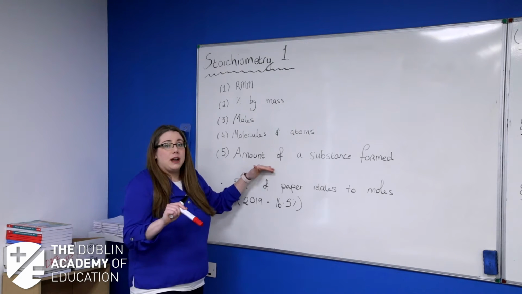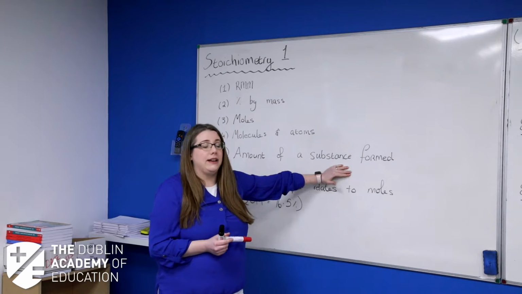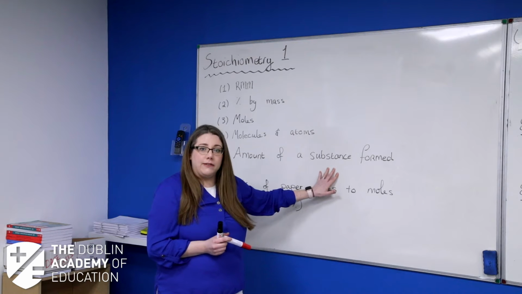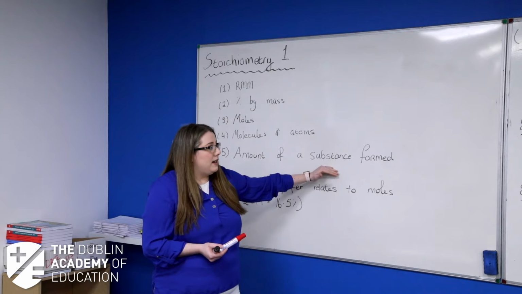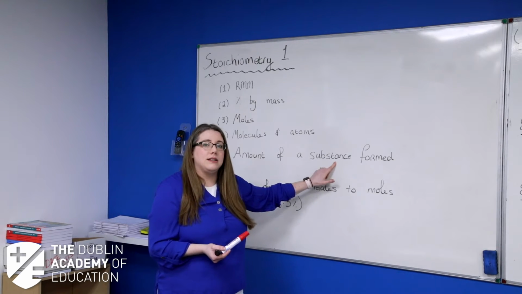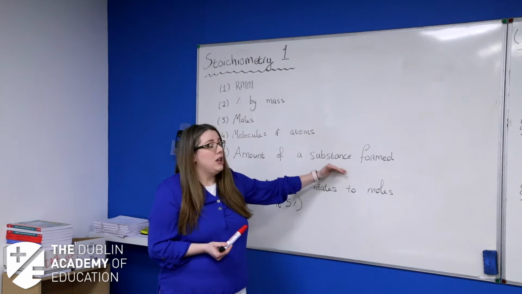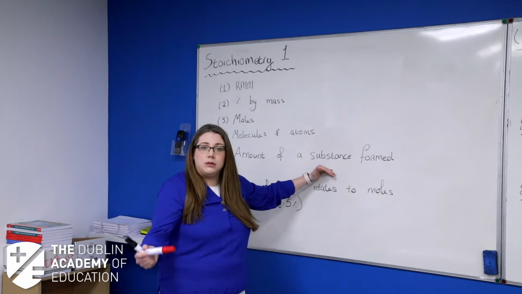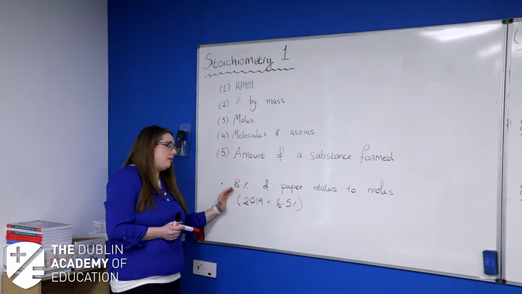Now, I've examined the Leaving Cert chemistry paper at higher level, and it really shows the people that spent the time going through this perfectly, because they're the people that get full marks in this question. Your full marks at the end of this question is for the final answer. But if you only give the final answer and don't show the different steps and you make a very small mistake, you've lost 12 marks. So you need to be able to spell it out for your examiner that you know what you are doing and why. Okay. So why are we doing this?